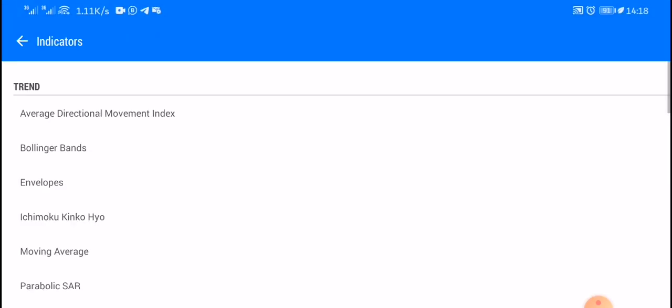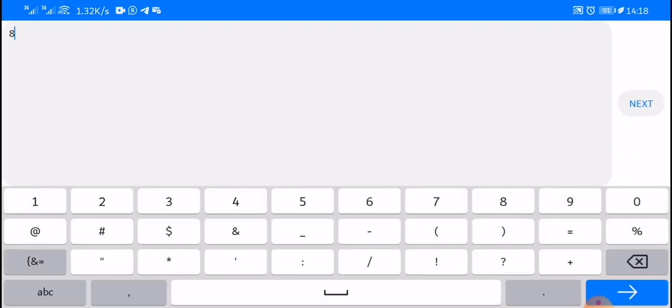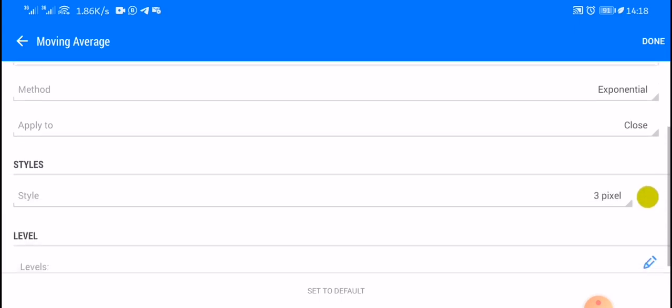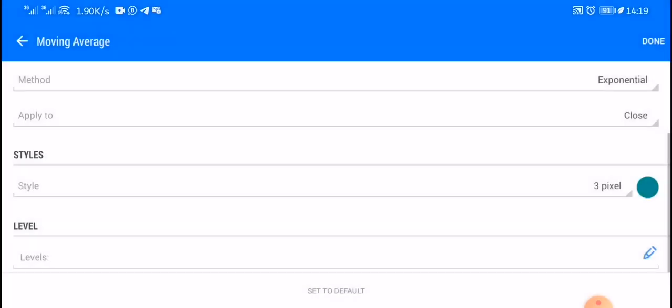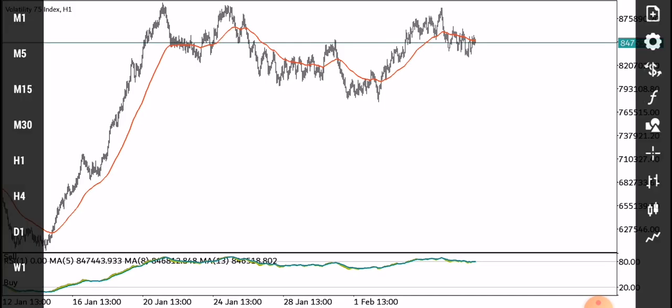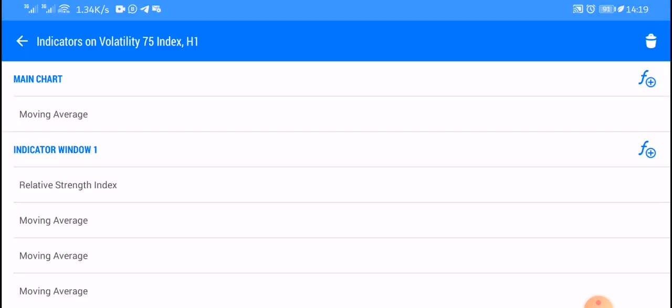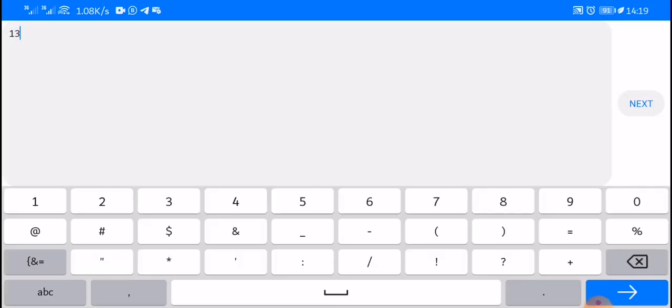Moving average 13. Good. Next, done. And then you come down here and you put in the color. Let's go to the blue family. Let's take this. Good. And let's move on. Let's add the 21 and also one other, but let's start with the 21. Just pay close attention. So moving average 21,